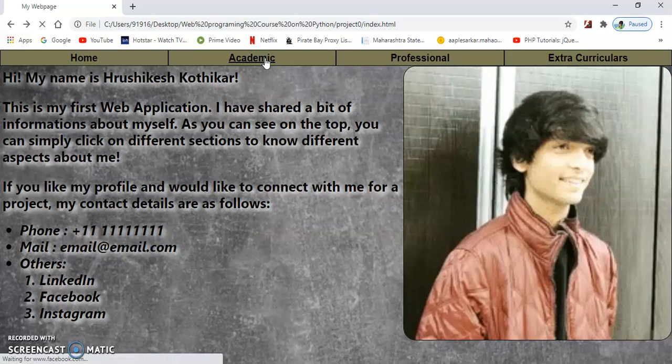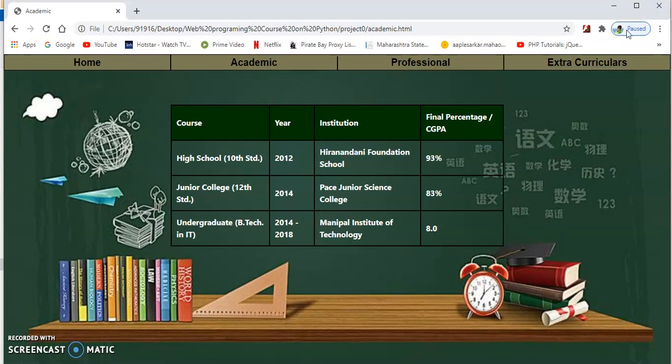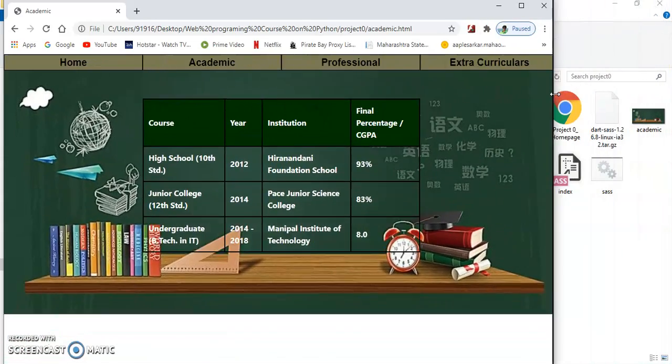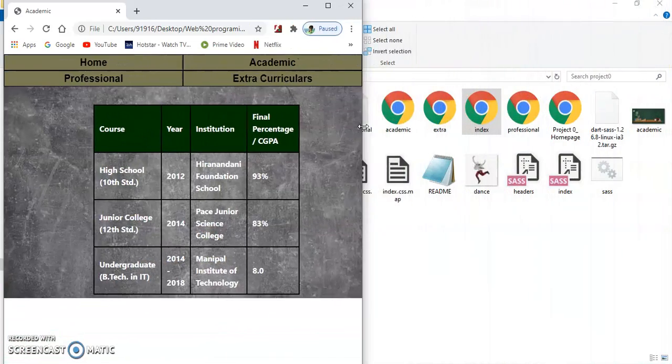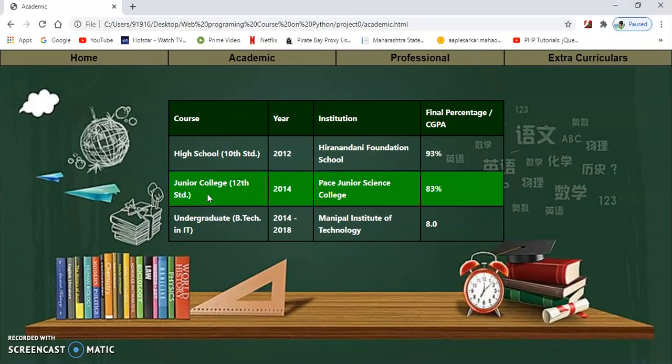Moving on to the academic one, this is the depiction of a table, and as you can see, I've made use of the hover CSS selector, which whenever I hover on any row, it gets highlighted, as you can see, and the table is such. And also using the @media, I've made it such that if I decrease the size of the screen, the background image will change. As you can see, it changed from a greenish background to a light gray one. Anyway, so this was just to depict the usage of table and the @media and the hover for CSS attributes.